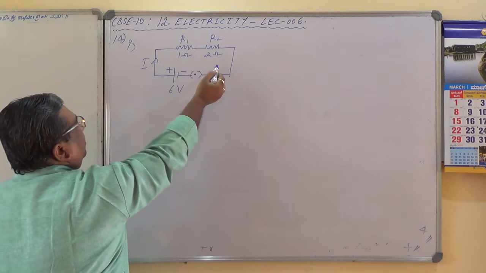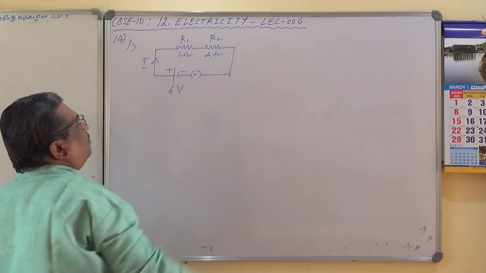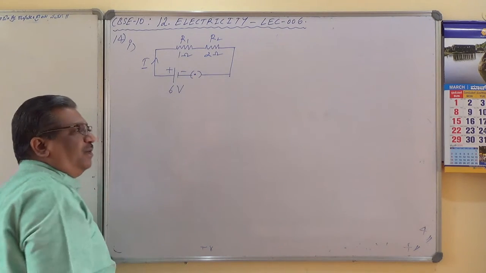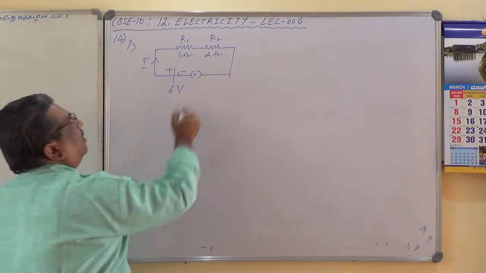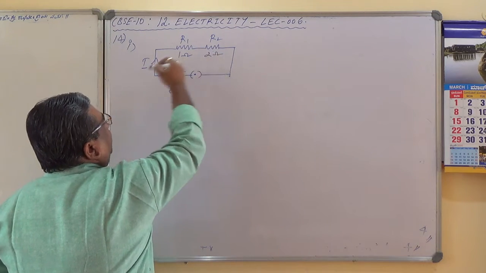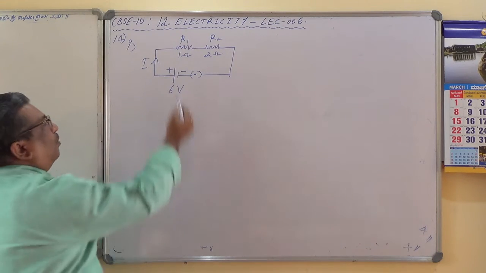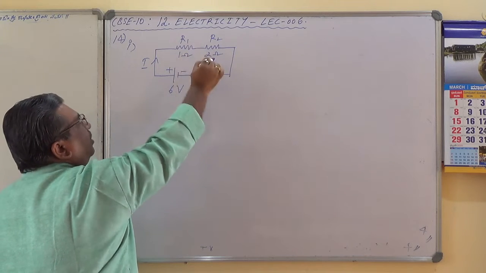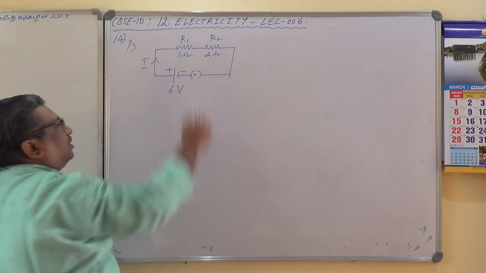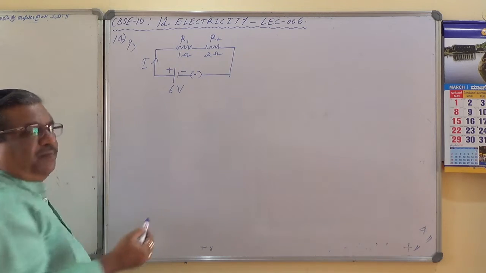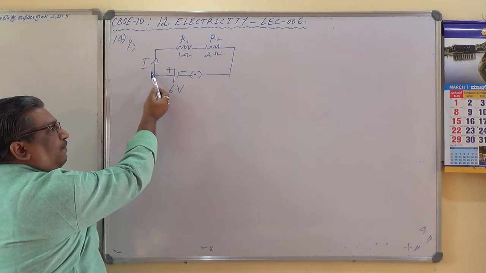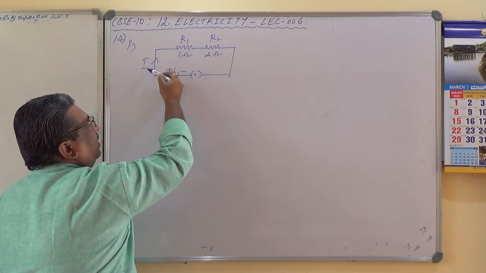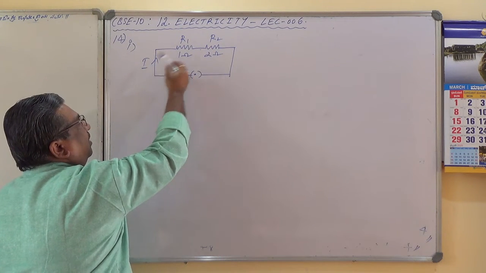If I know I here and R2, I square R2, power equals I square R2 is possible. Also power equals voltage across R2 into current through this is possible. Voltage is different over here, over here. If you know the voltage over here, that voltage into this current also gives you the power. But for simplicity, first I will calculate I, current, which is same in both. So current flowing through this will be I. P equals I square into R2.